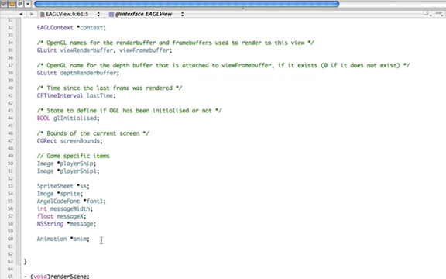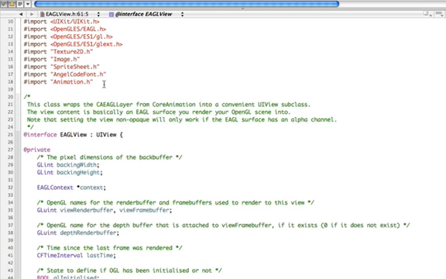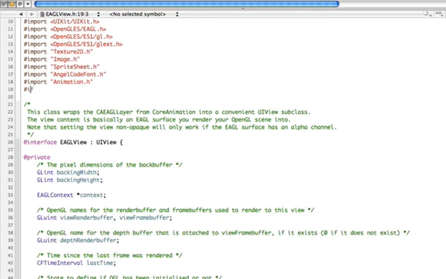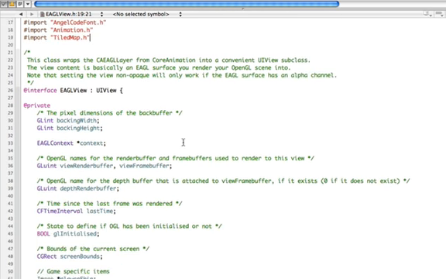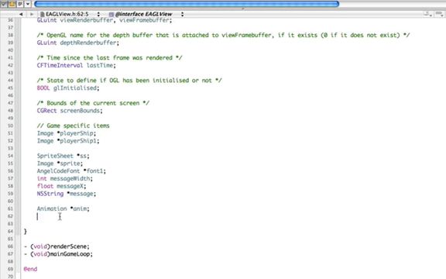First of all, I need to import my tile D class that I've just created, which is there, and I'm going to say tile D map is going to have something called